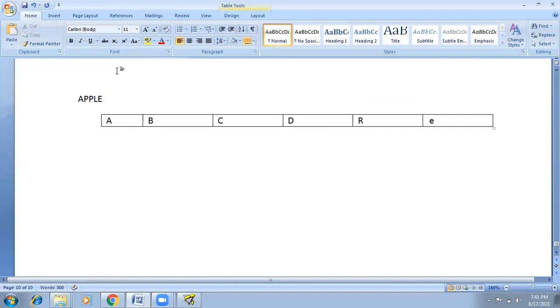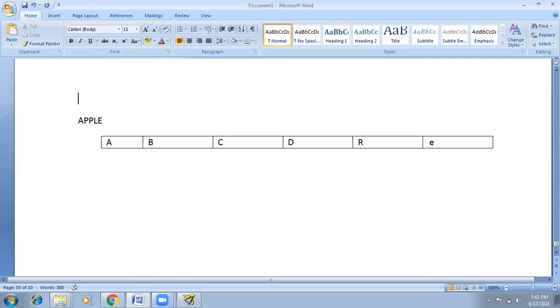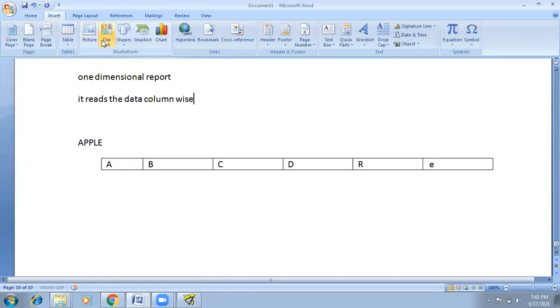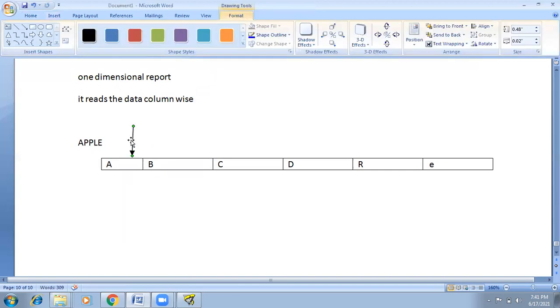This is called a one-dimensional array. It reads the data column wise, that's why it's called one-dimensional. This is the way you can read the data.